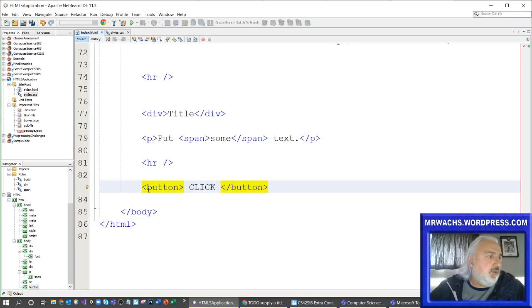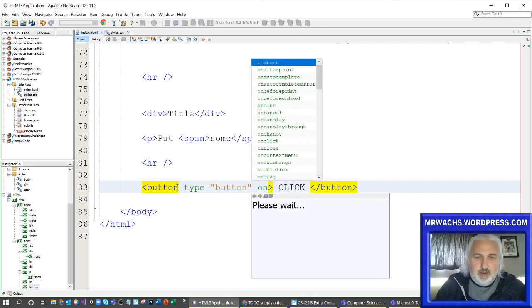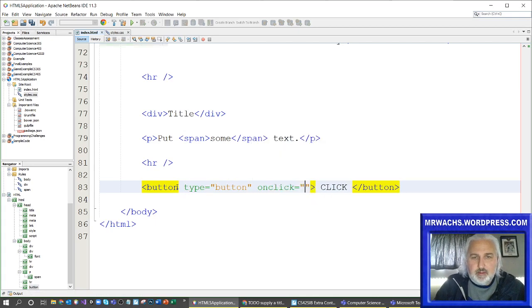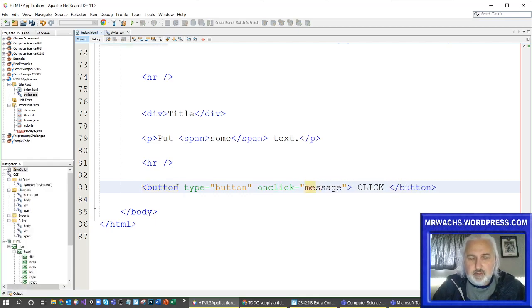Okay. So with this button, I've got to define a few attributes for it. So the type of button is a button. And on click, I will have it call my message and say